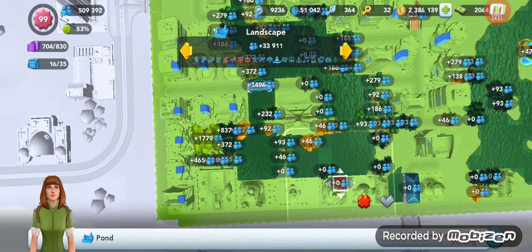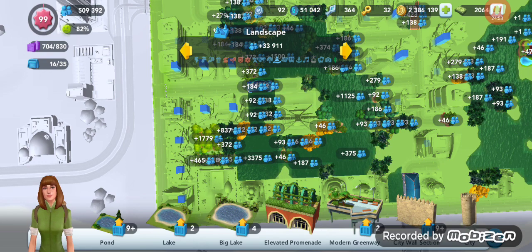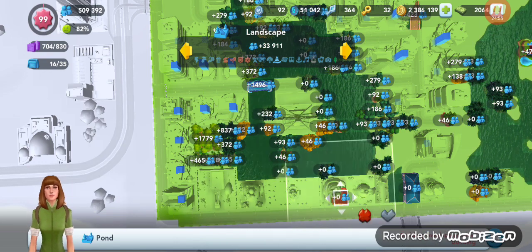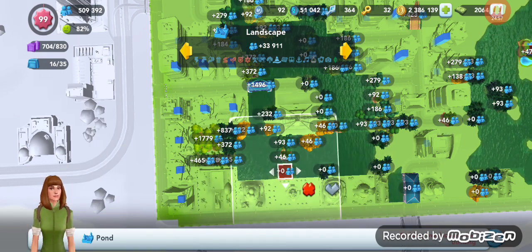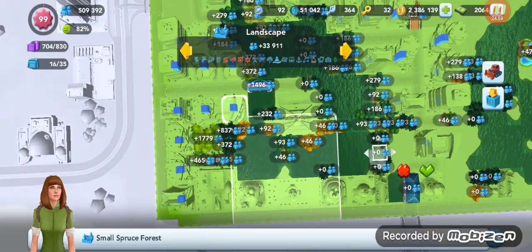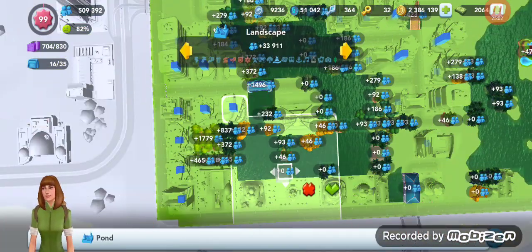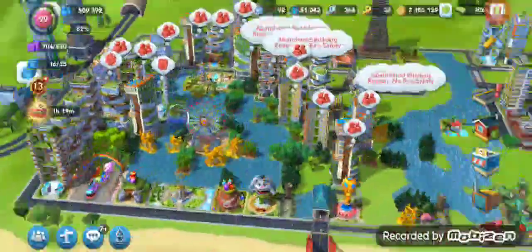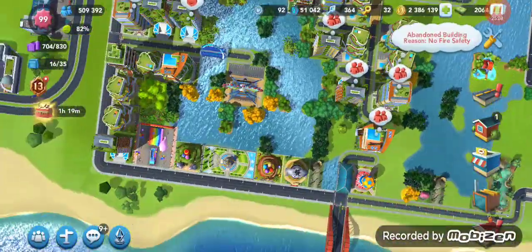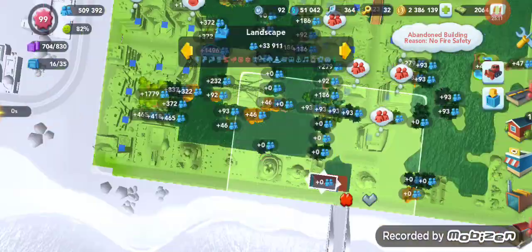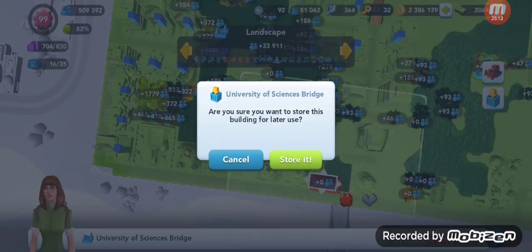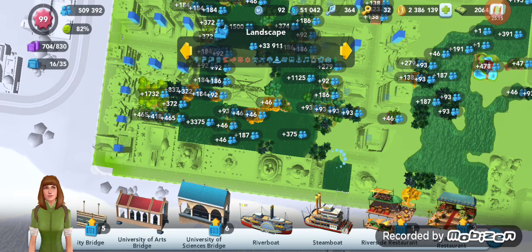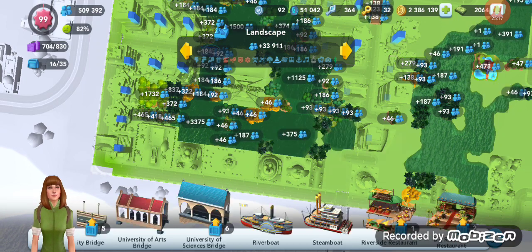I would probably have it go like, what the hell? Oh. Okay. That's probably something more like what I would do. And then I would probably take out this lake and just do the pond, put that there and then do the